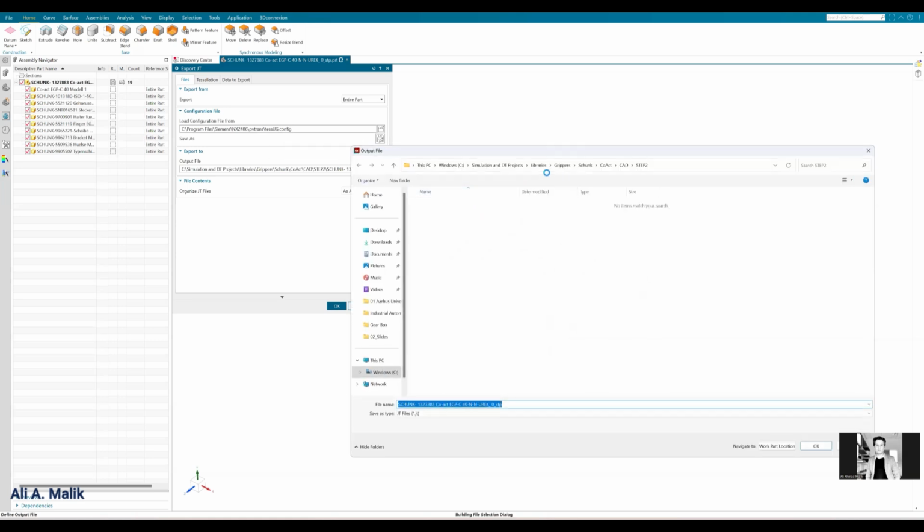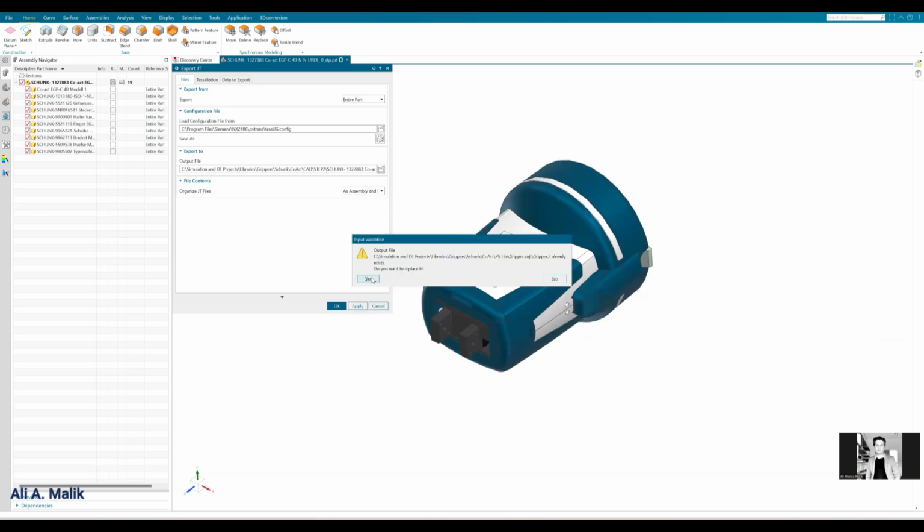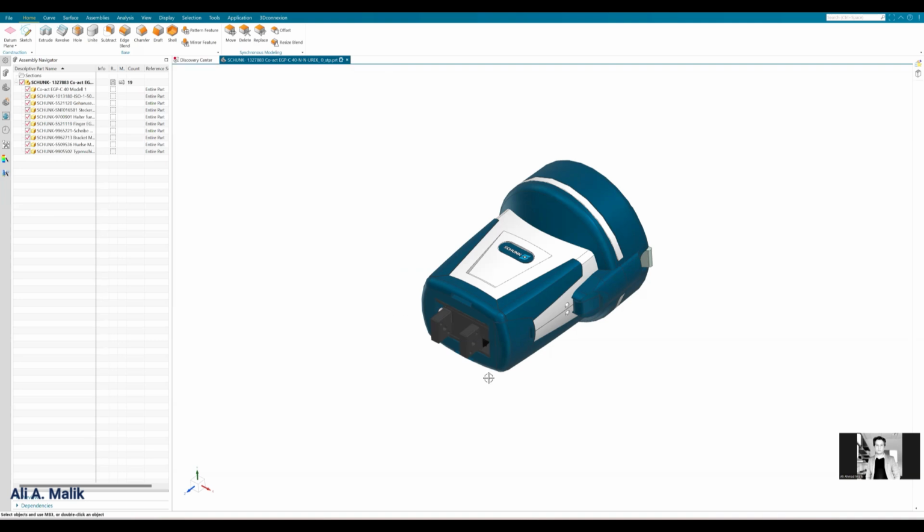The output file is the CAD PS file, the file that I just created through Technomatics PS, and I will replace this file. Yes, as assembly and folder of parts, apply. So now this data has been exported over there in the root directory.